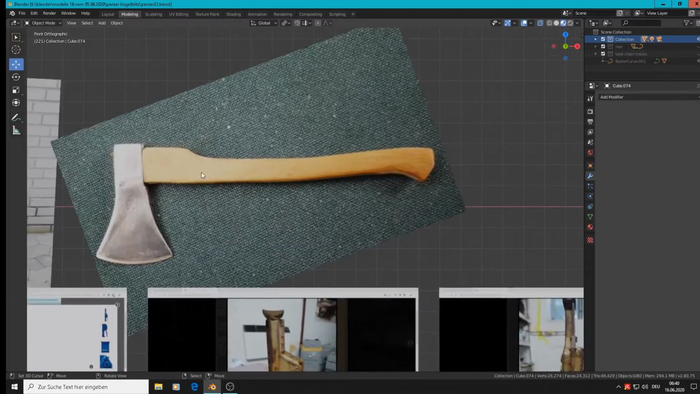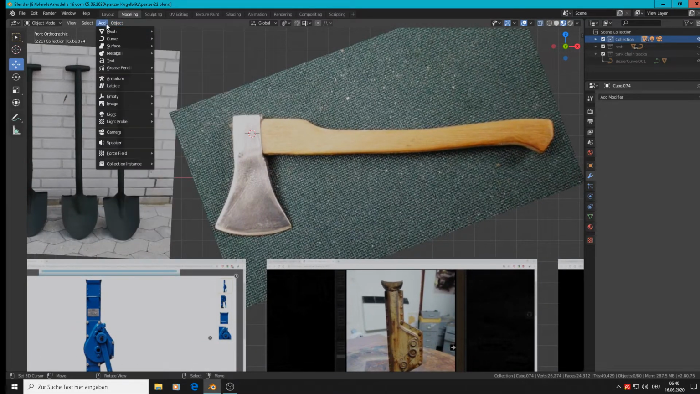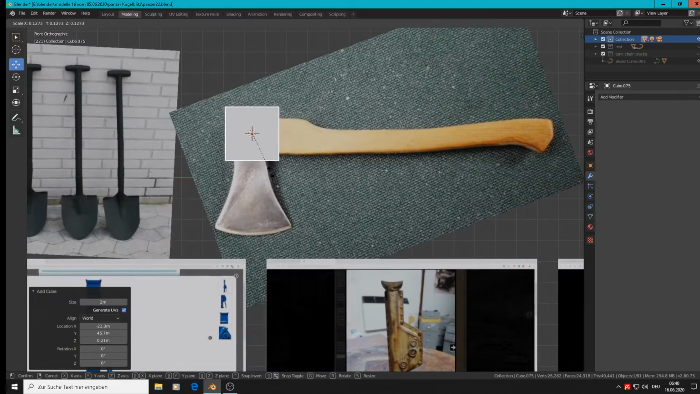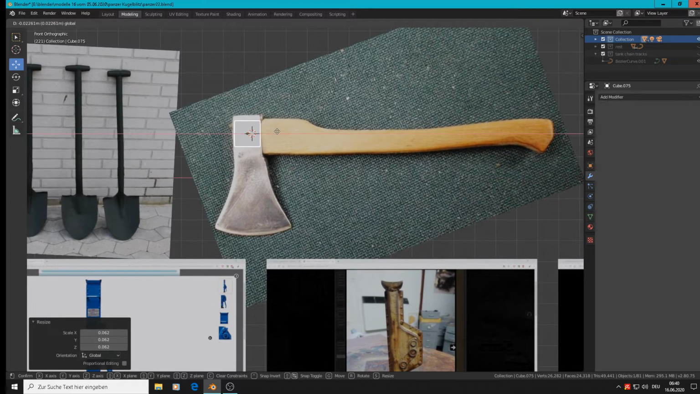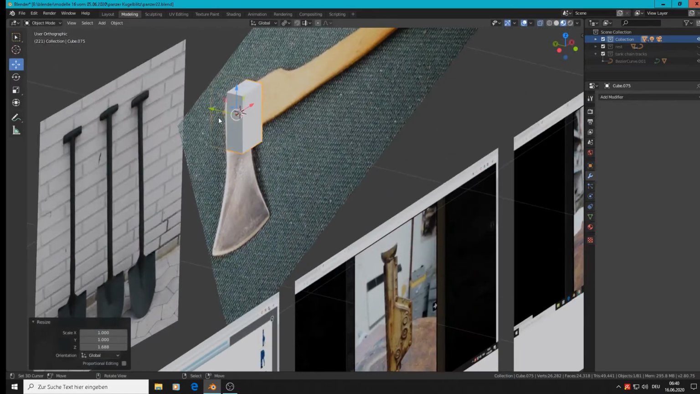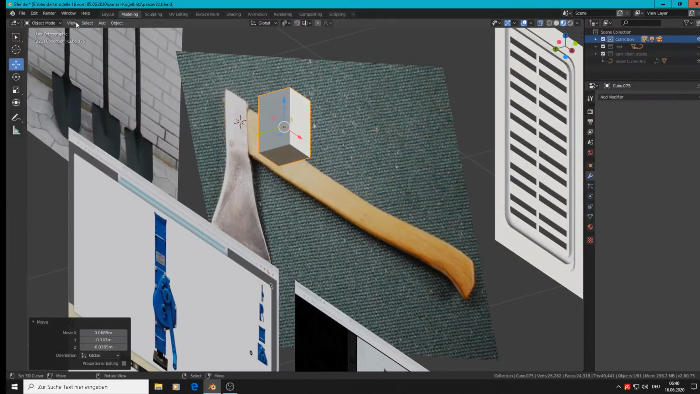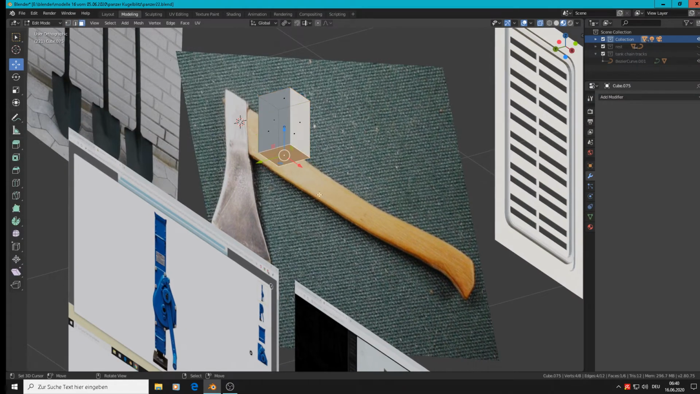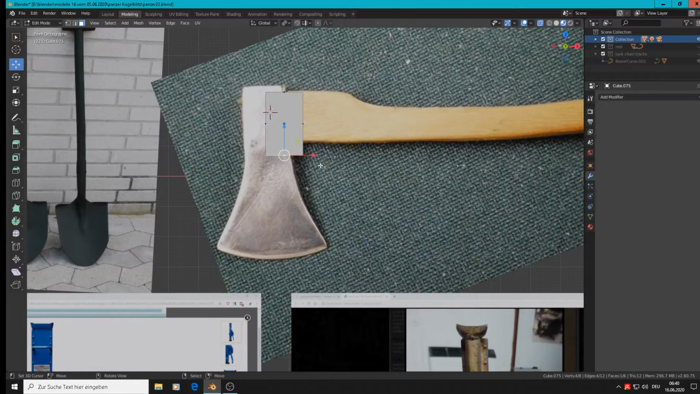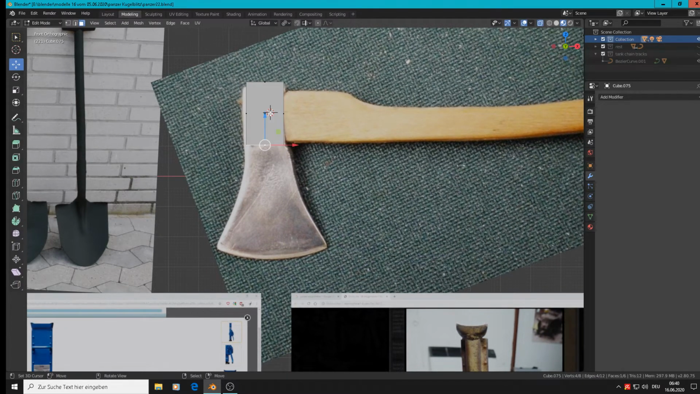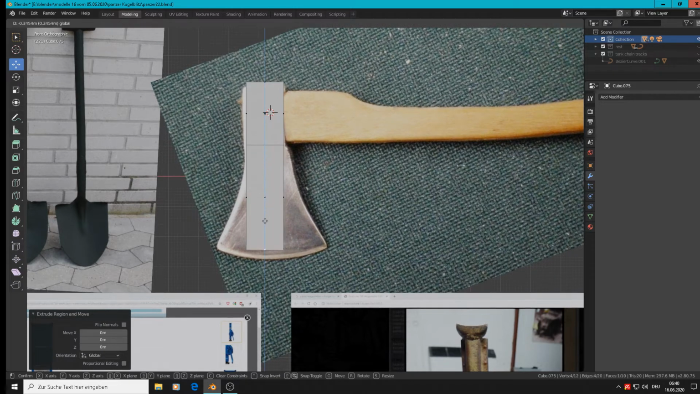Next one is the axe. So add mesh cube. Scale down. Scale Z. Then that is the top part, and we want to extrude the down part, so we take only that one and move them a little there. Then we extrude them till that point